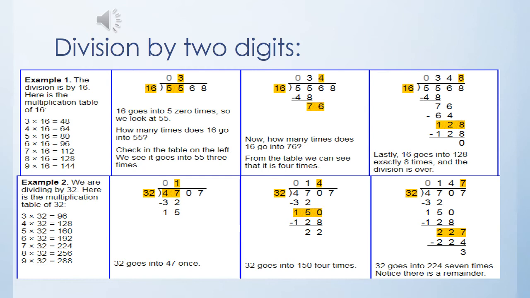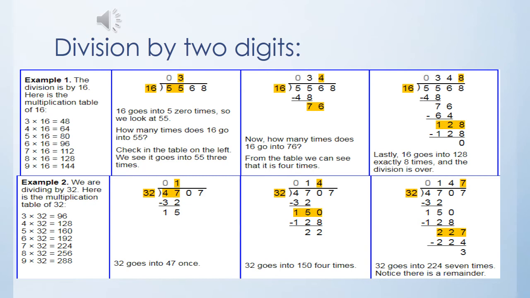In the table of 16, 3 multiplied by 16 is 48. It means you will read the table of 16 three times, which comes exactly to 48, which is smaller than 55. So you will divide it. 16 multiplied by 3, answer is 48. Now you will subtract it. 55 minus 48, answer is 7.